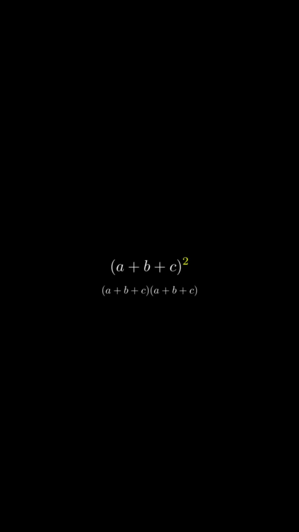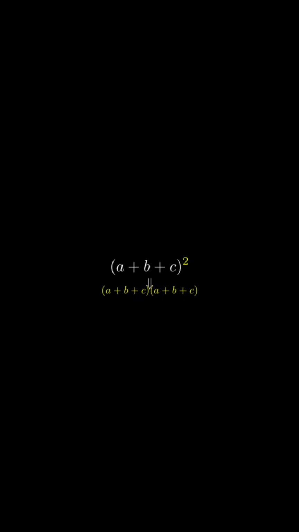Notice that both factors are identical. We're literally taking the original trinomial and multiplying it by itself, just as we would when squaring a number like 5 squared equals 5 times 5. This relationship between a trinomial squared and the product of two identical trinomials is a key algebraic identity that appears